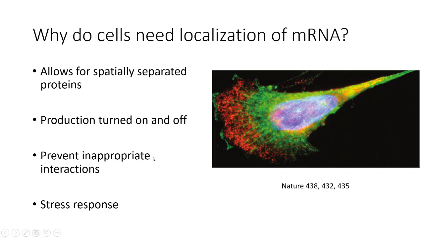And I want to point out this photo right here. This is a crawling fibroblast cell, and it's producing actin. This wide side of the cell is the direction the cell is moving, so it's moving in this direction. And this red part right here, this is beta actin mRNA, and this green is the actin protein. So this fibroblast is actually using cytoplasmic localization of RNA in order to create actin in the part of the